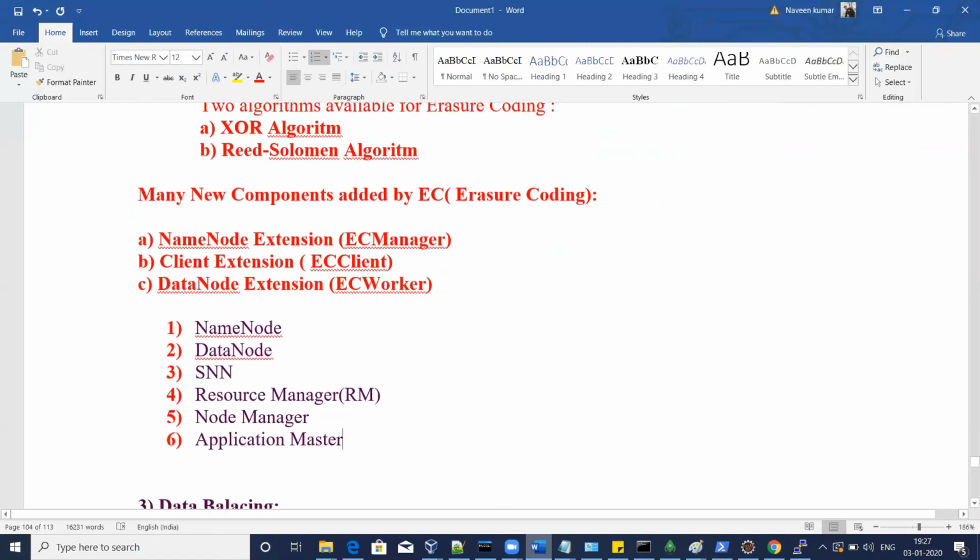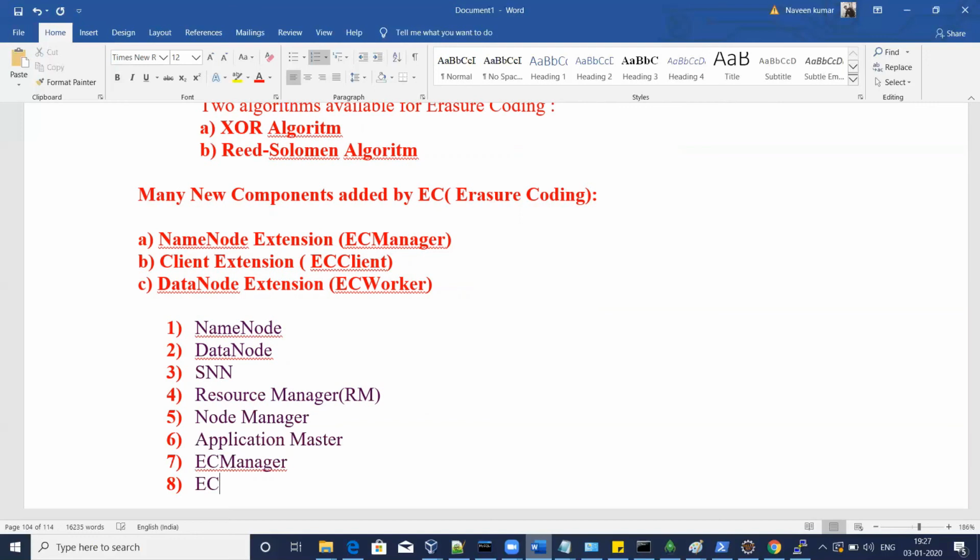But in Hadoop 3 we have 3 more daemons. First is EC manager. Along with these we have the EC manager thread running in Hadoop 3.x, and another is EC client.